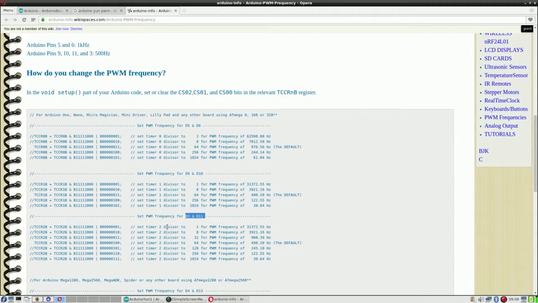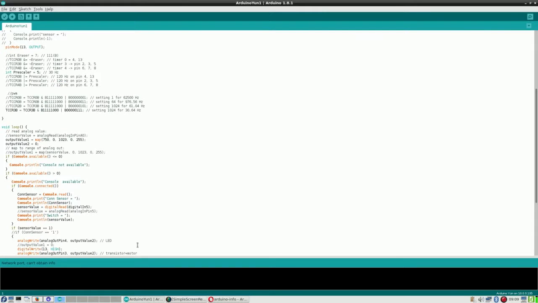Let me check that once again. Yes, very definitely pin 3. According to this information, I need register 2. And there comes a problem,